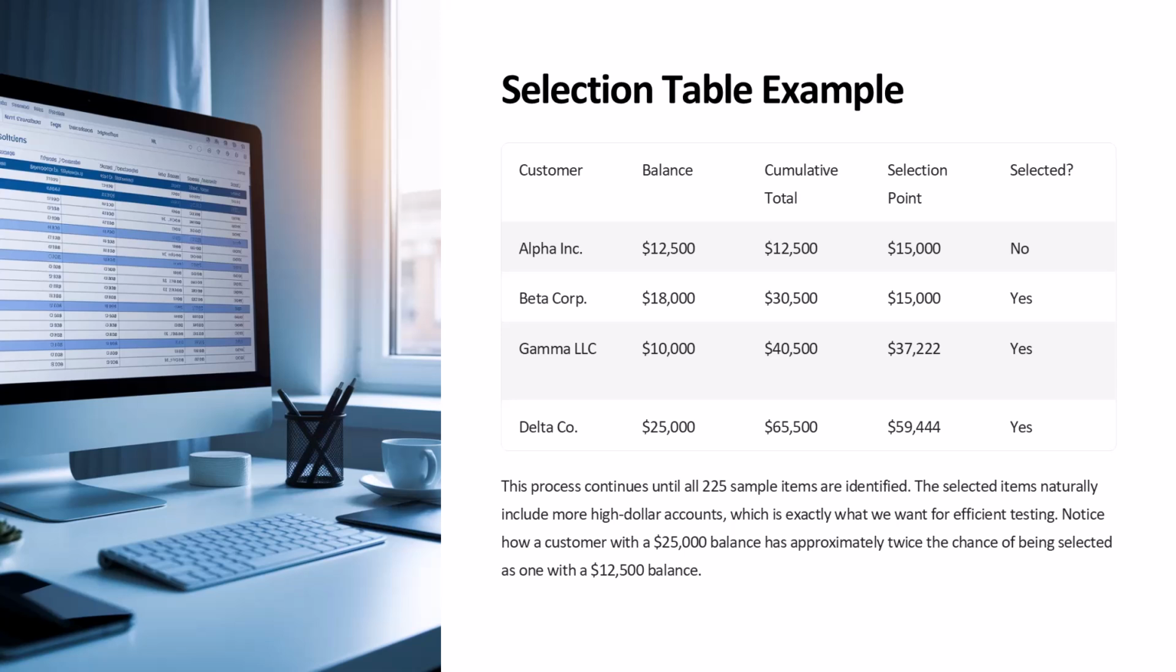Imagine we have the following accounts receivable balances, and we're selecting using the method we just discussed. Customer Alpha Inc. has a balance of $12,500, making the cumulative total $12,500. Our first selection point is $15,000, which is not contained within this account, so we don't select it. Customer Beta Corp has a balance of $18,000, making the cumulative total $30,500. Our first selection point of $15,000 is contained within this account, between $12,500 and $30,500, so we select Beta Corporation